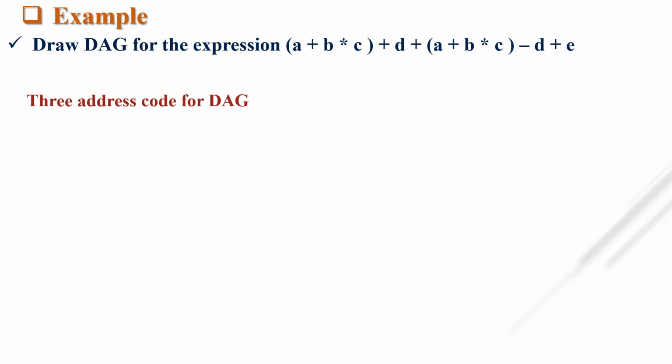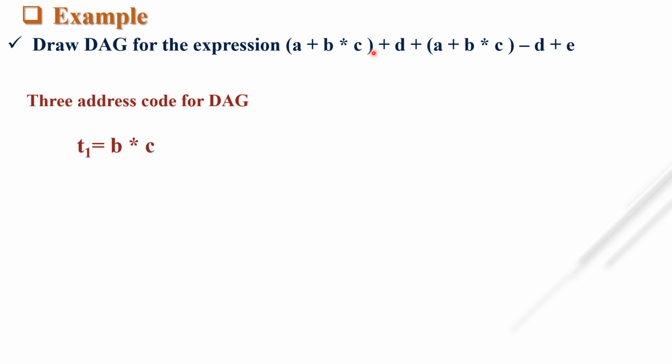be used repeatedly. Okay, let's write the three address code for the DAG, which is in optimized form compared to the syntax tree, and parallelly we are going to draw the directed acyclic graph. Which sub expression will be evaluated first? The first sub expression, B into C, is evaluated first. So what is our T1? T1 is B into C.